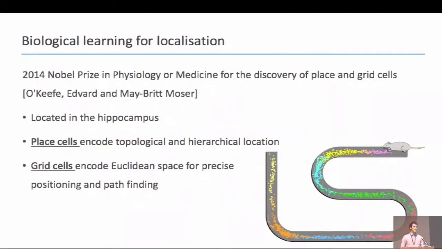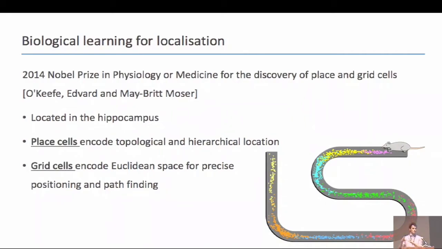Now, it's always good to consider how we do this ourselves, or how this happens in the animal kingdom. And this is actually a really interesting story in localization. We don't know very well how humans localize, but in fact, in 2014, the Nobel Prize was awarded to Edvard and May Moser from Sweden, I think, and John O'Keefe. This is so very recent, only in 2014, the Nobel Prize for discovering the method for localization in mammals. Basically, this is down to 2 types of cells: both place cells, which fire depending on our